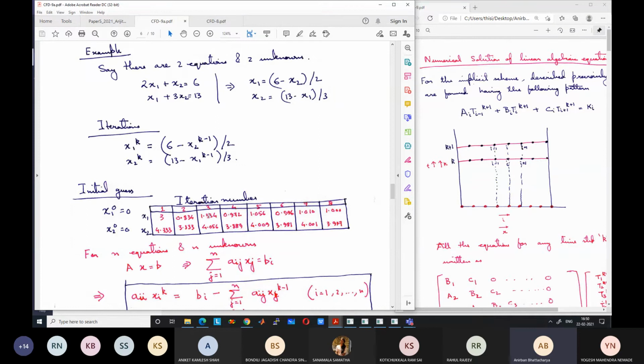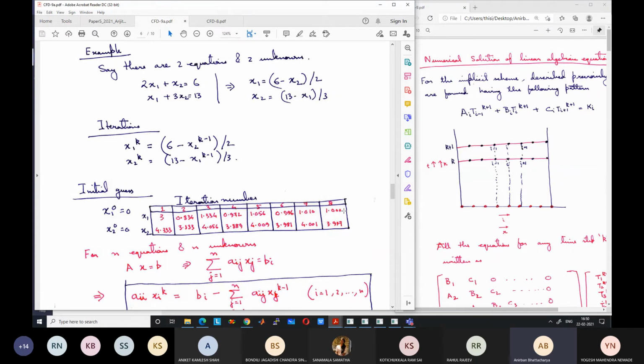current step. Okay, 1.334 minus 0.834, so 0.5. In the first step, the difference was 2 point something. Now it is 0.5. After this, it is 0.3 something. So the difference is decreasing in each iteration. There also, the first step it was 1. Now it was 0.7 something. Now it was 0.1 something. So it is decreasing. Then 1.056, 4.009. If we keep on calculating, ultimately you will reach 1.000.